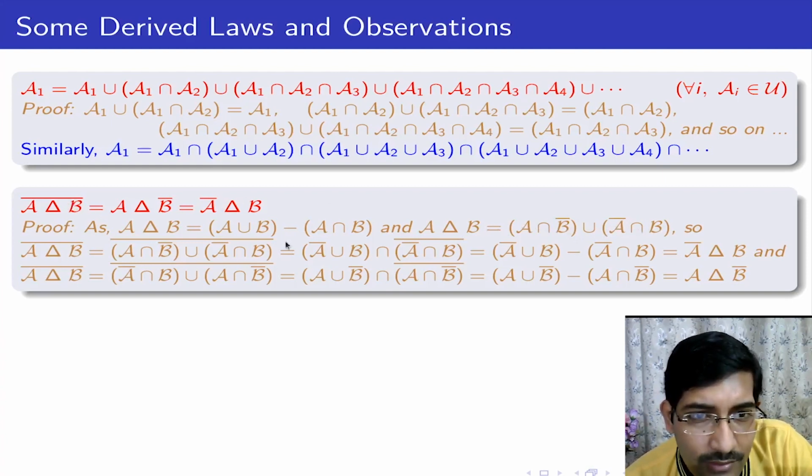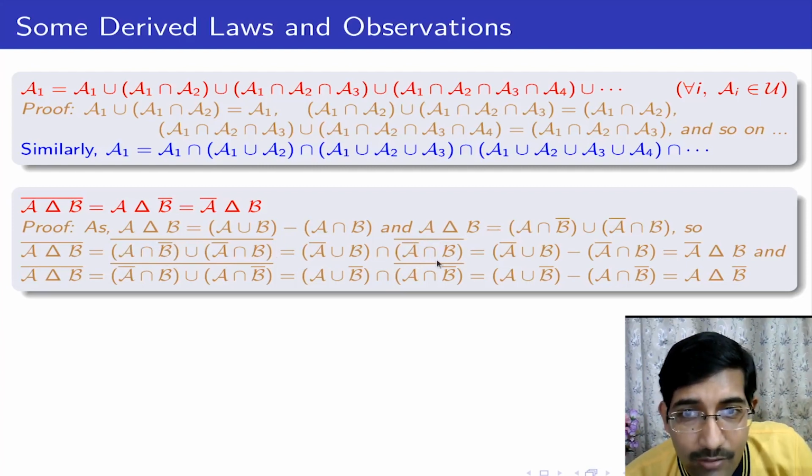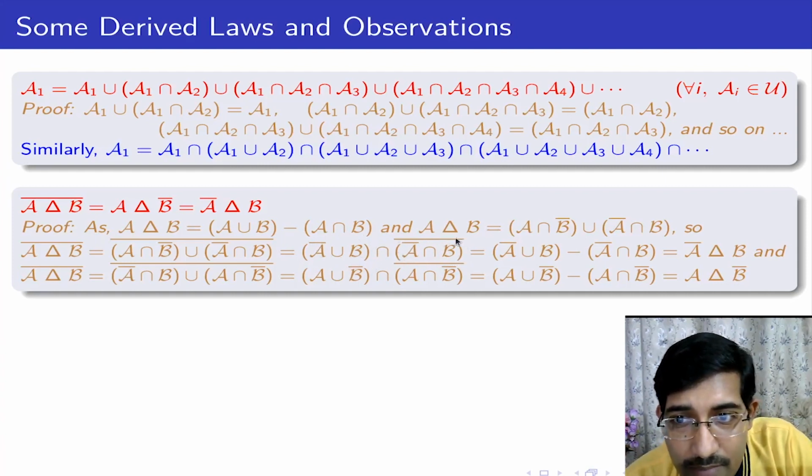So now what is this one? Take this one and make a complement. For this, using De Morgan's law, I complement the first part but keep the second part as it is. The reason I keep the second part as it is: what does this intersection this bar mean? It means A minus B. So this minus the inside part. So what does this mean? According to this formula, it means A bar delta B.